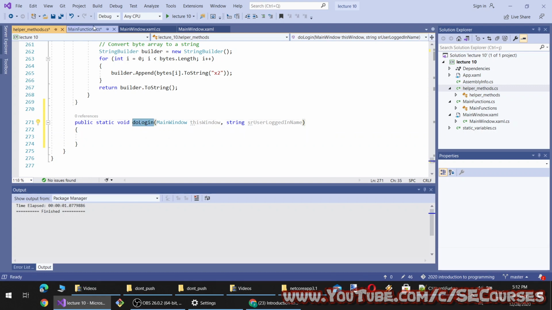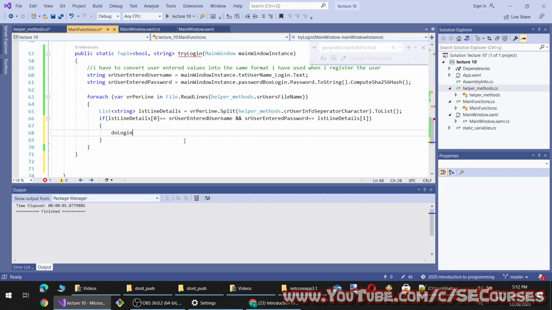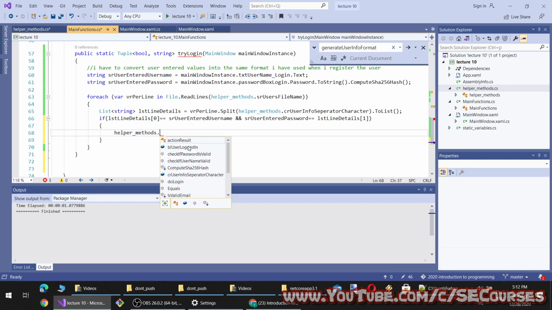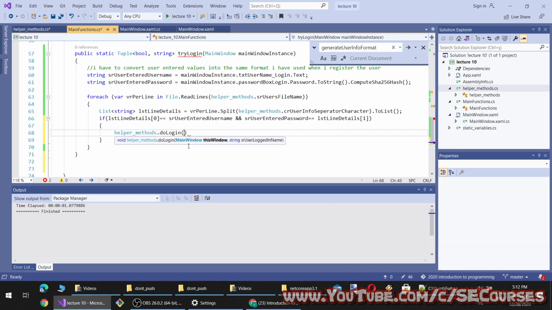So this method will be called here. It is inside helper methods, and I will call do login. I will give this one here as reference, and I will also provide the entered username, and that's all.